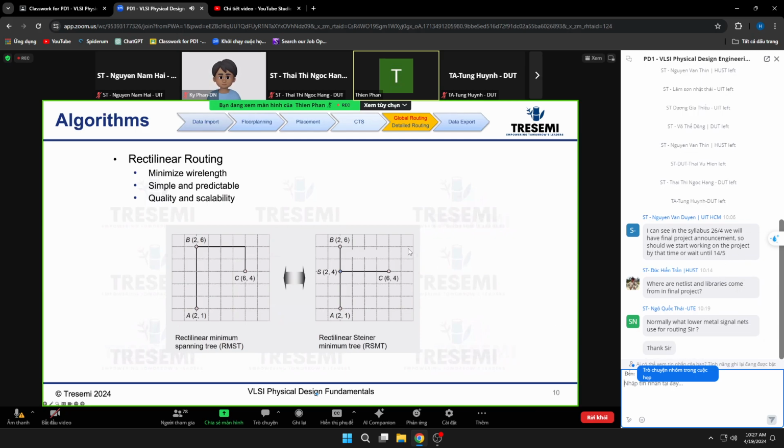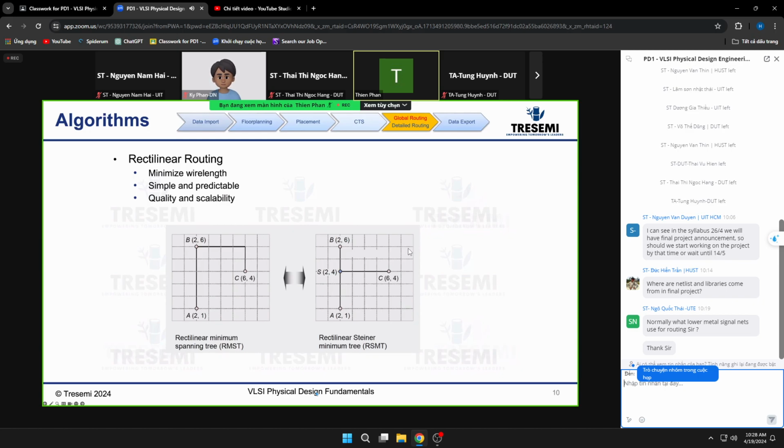But when you run timing analysis, the minimum wire length may not be the optimum net for all the critical paths, right? So one way,